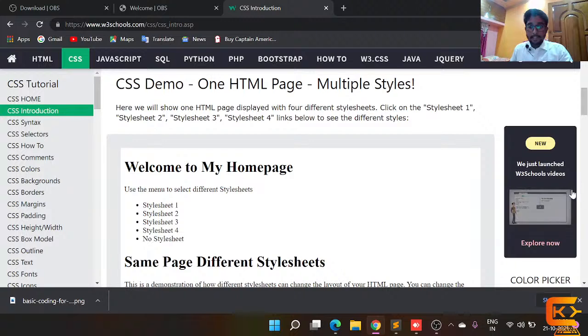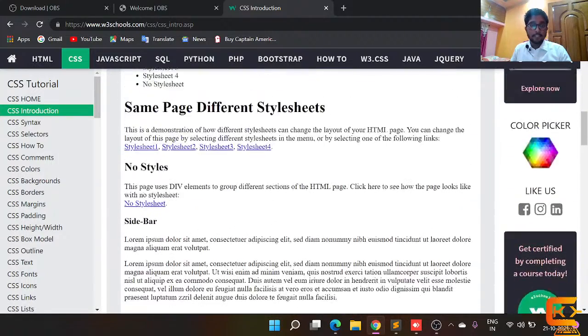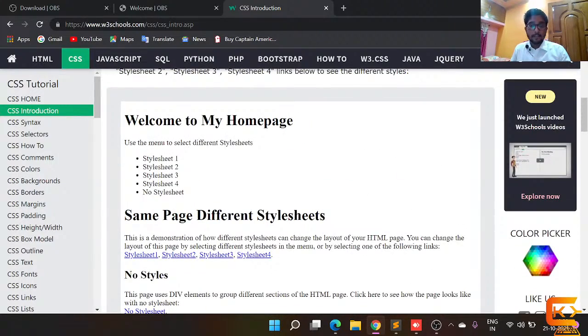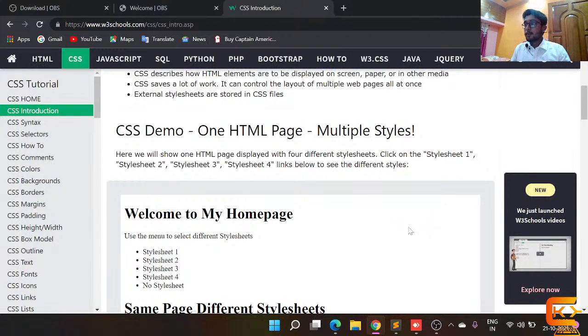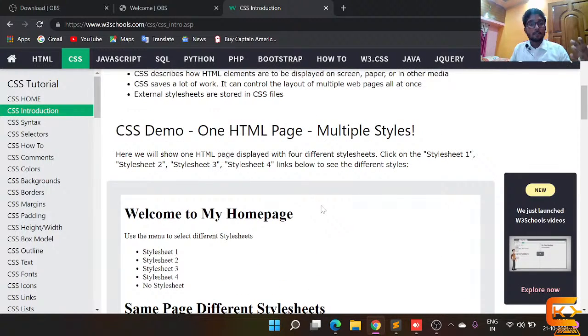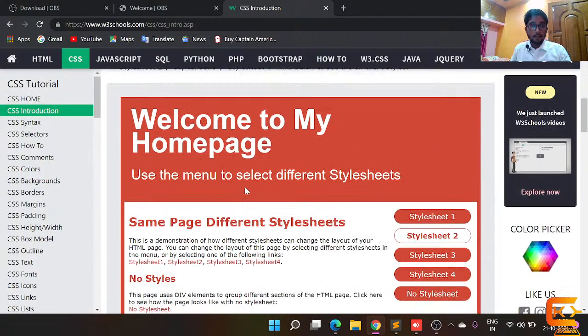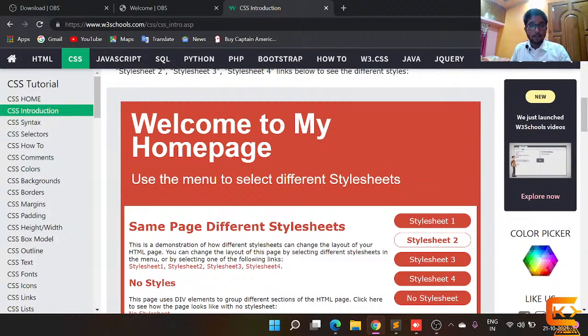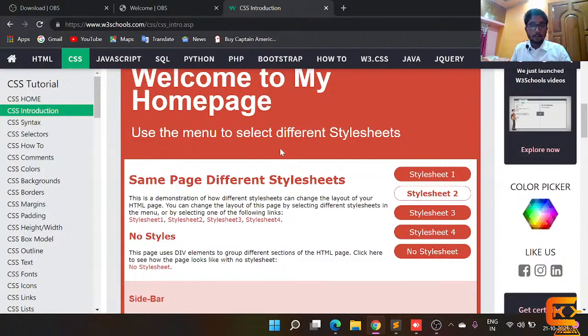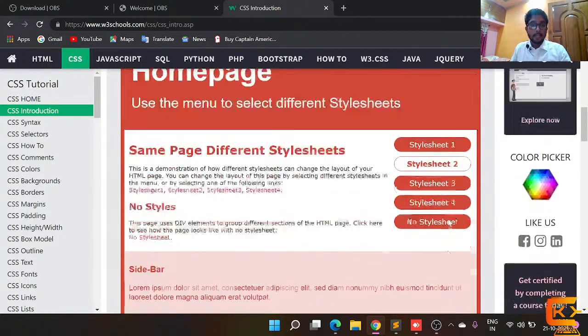The page you are seeing now is a simple HTML page. You can see there is no design, no font changing, no change of the heading. Now suppose I want to use a style sheet, CSS, on it. Let's take it to style sheet 2. Now see, the page has totally changed, it looks totally different. आप देख सकते हो कि ये जो कलर है, एक न्यू लुक दे रहा है।